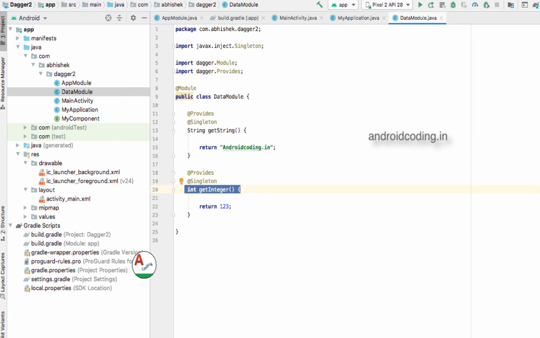We are providing these two methods to be injected into our activity. Whenever you specify a string or integer in your activity, you can make use of these two methods. How, we will see later.